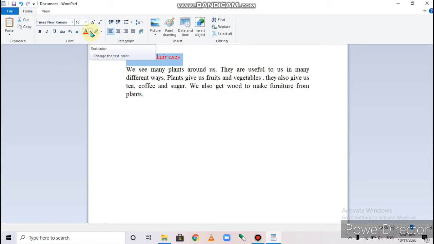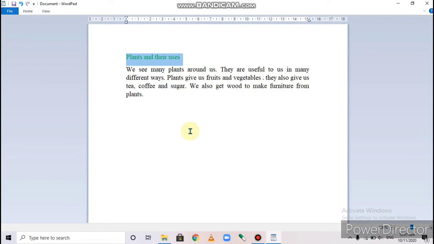This is the text color option. You click on this arrow. After that, choose your color and click outside the text. Right? Now, open page number